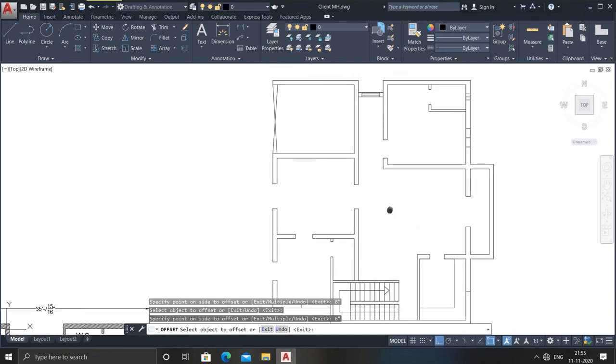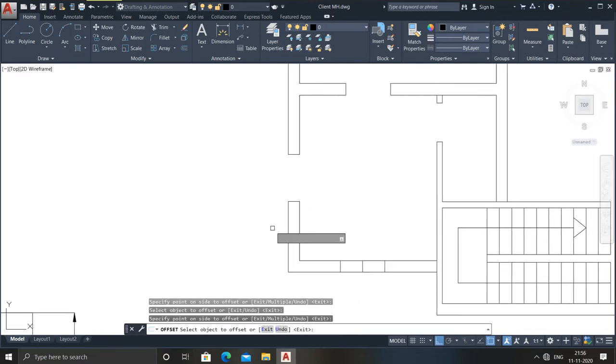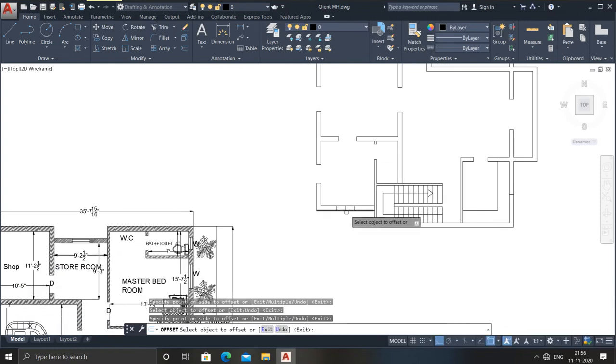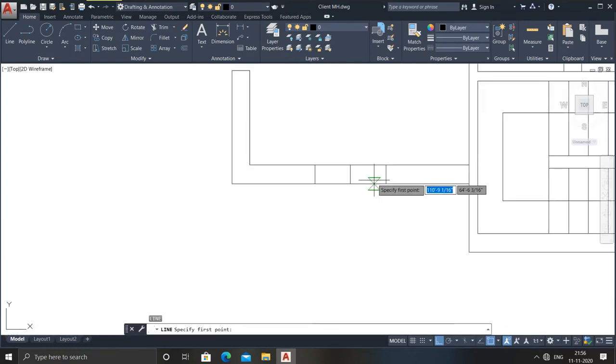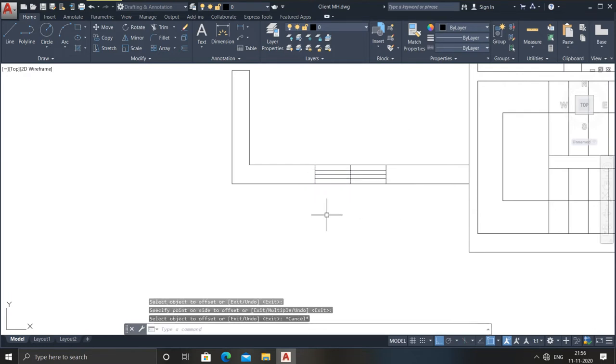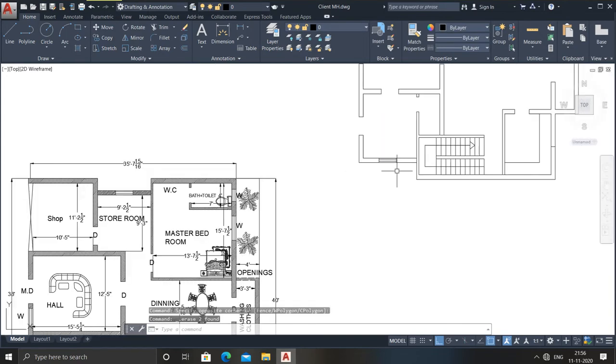So you can see wherever I need to provide, I have provided here, here, in front here also you can provide your windows if it is necessary. If not, then no need to do. Just go for the offset command of 2 inches from top and bottom. Just escape it. Now do it here, trim it or delete it.